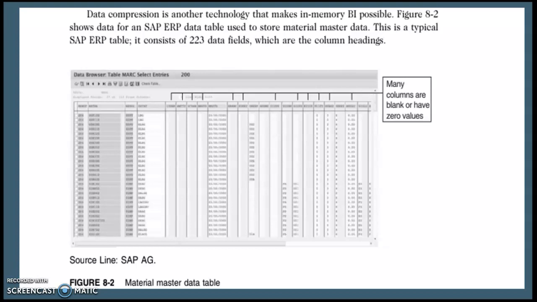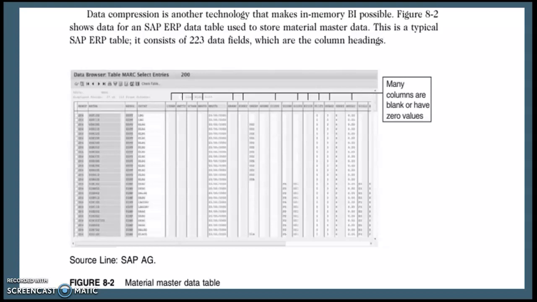By storing the data by column rather than by row, in-memory systems can reduce the size of the data by eliminating the large number of blank or 0 values, just noting their position in the table.